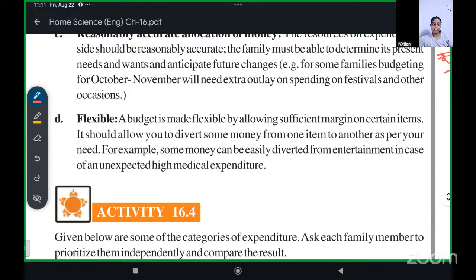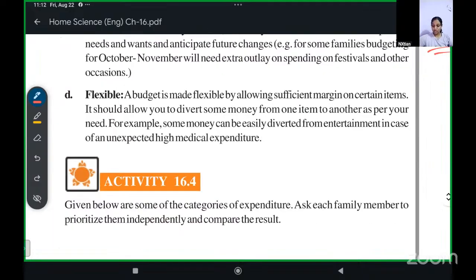You planned a trip, but somebody in your family got unwell. So you can cancel the trip. And if the budget is right, that money can be put to the medical expenses of a family member. You can do the trip next time. So this is how the wants can be cut and that money can be taken to the needs portion. Flexible. Also,